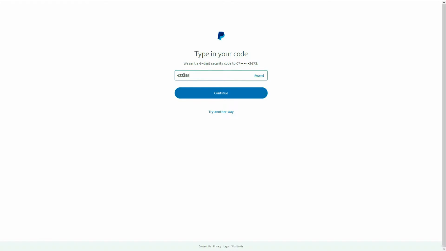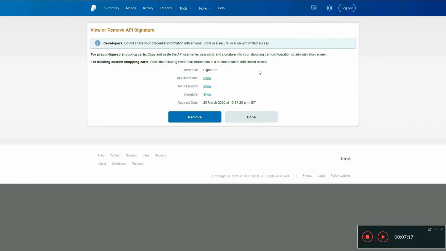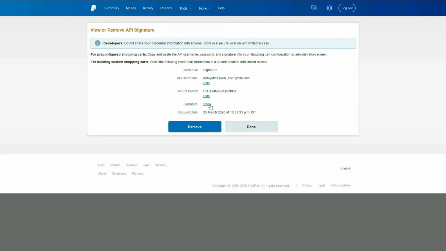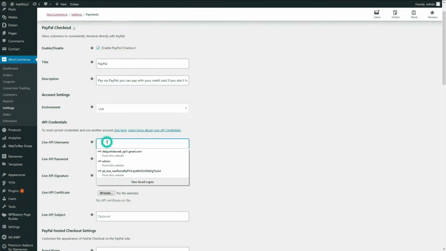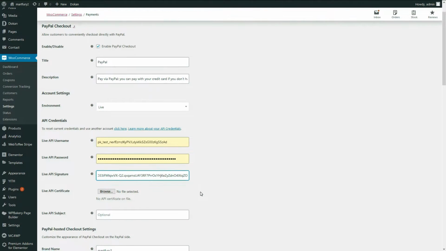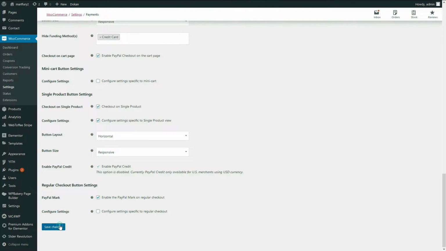After entering, you have to click on continue. So it is telling that identification is confirmed now. Here you can see the username, password and signature. You have to copy them here. After that scroll down and click on save changes.